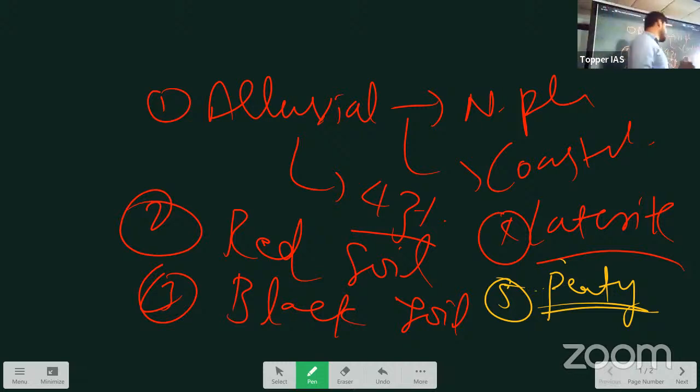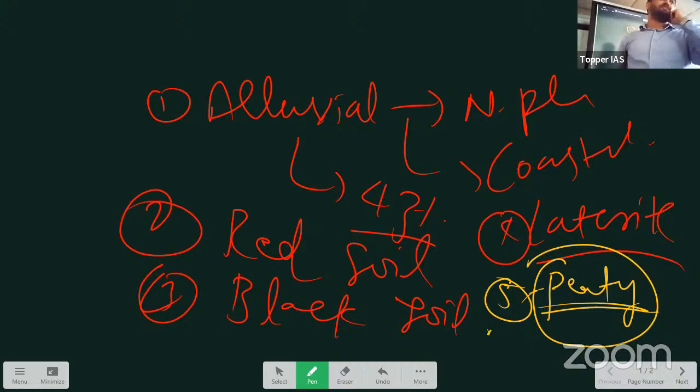If these get damaged, they will release carbon dioxide that will accentuate climate change. Correct? So like that. Then other topics include